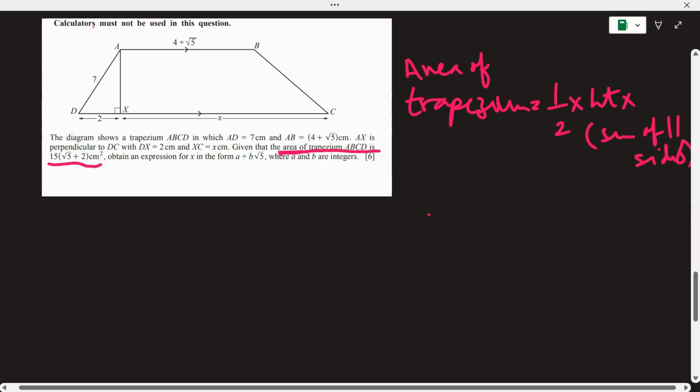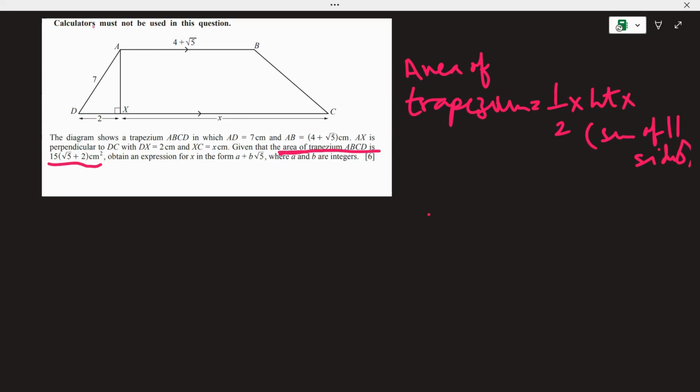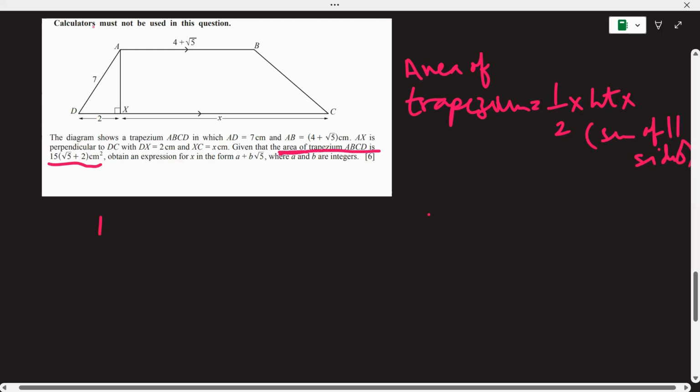So this is the formula for area of trapezium. Now we substitute the values and you get area of trapezium 15 times under root 5 plus 2 is equal to half times of